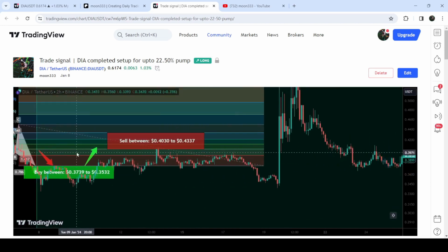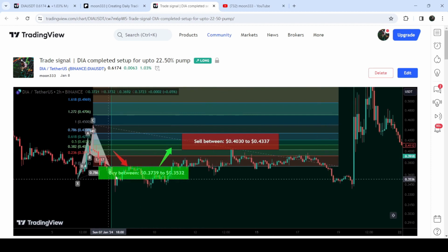You can see we had a very powerful pump. And before that, the price line slightly moved down than this potential reversal zone here and here, but recovered back very soon. Then we had this nice rally, and this was almost 70% pump only on this 2-hour time frame